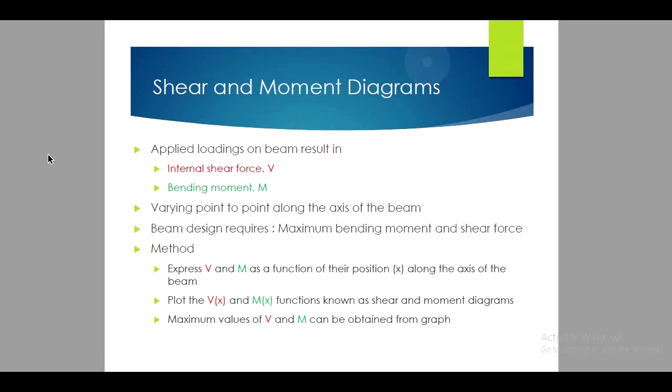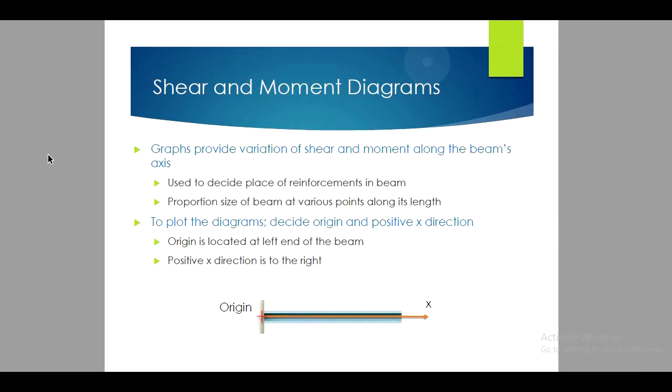Shear and bending moment diagrams help engineers and constructors determine the maximum bending moment and shear force, and with these maximum values, they design the beam accordingly. Like if there is a maximum bending moment or shear force acting at one end, then they can add more material to reduce its effect. So this is an advantage of shear and bending moment diagrams. Exactly what I said, it is used to decide the place of reinforcements in a beam and to proportion the size of the beam at various